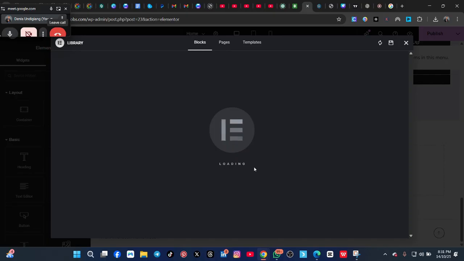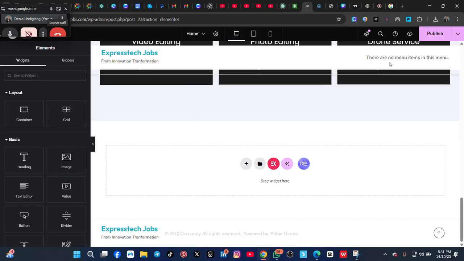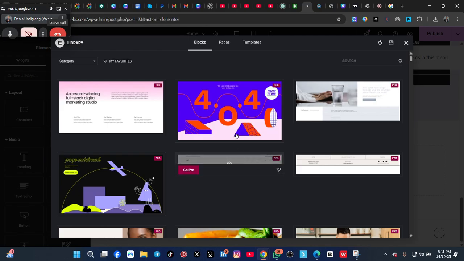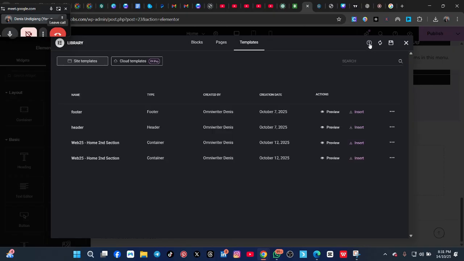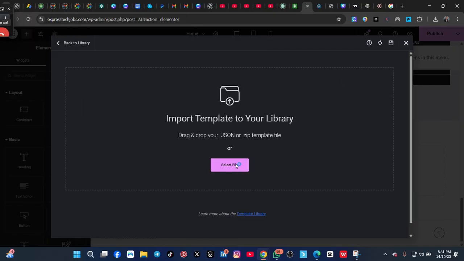To do that, we can click on this, where we click with that folder there. If you did not see it, let me click it again. This folder here, I click it, and then the network is kind of slow this evening. Right, so templates, we'll come to templates, and then under templates we come to this small arrow here. Click on it, click on select file,